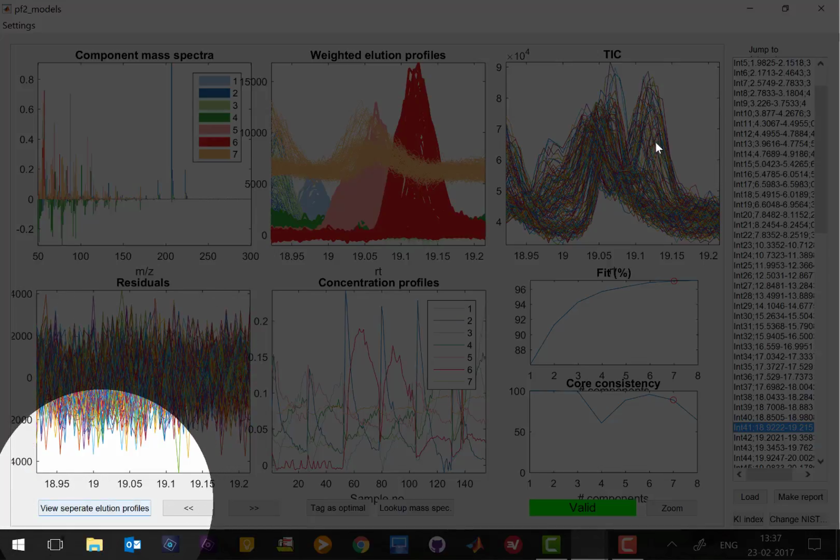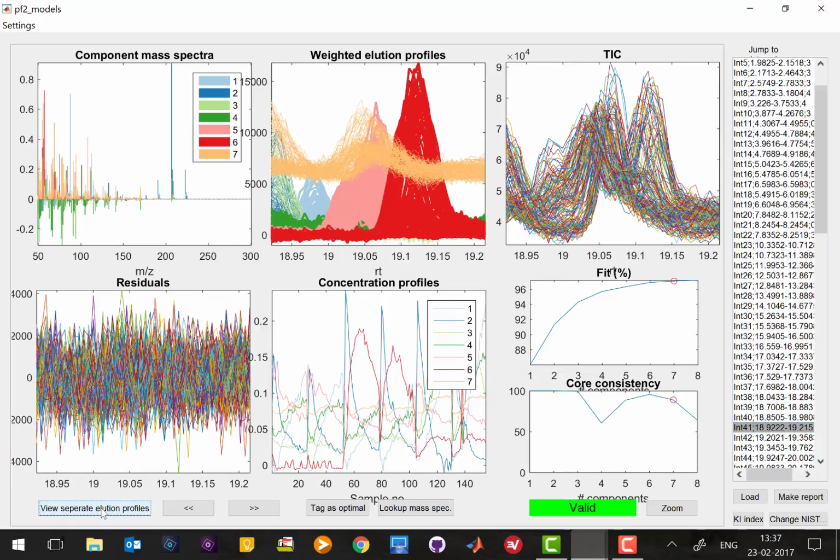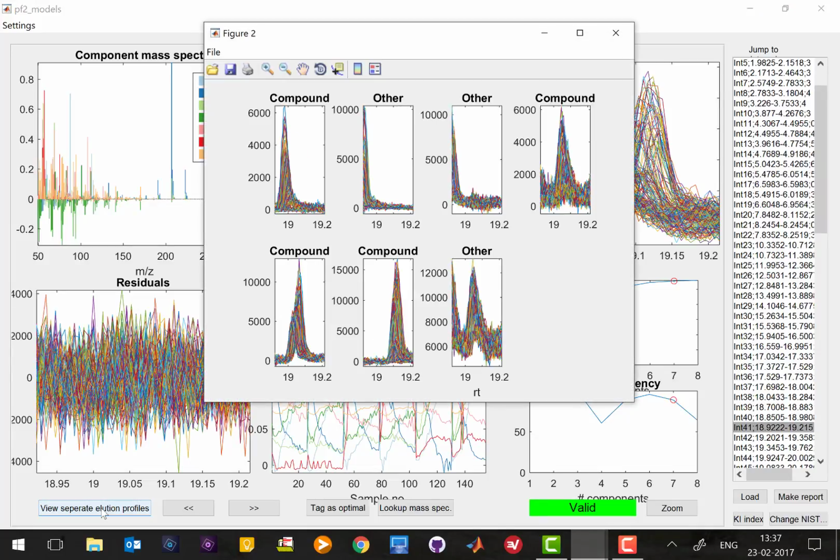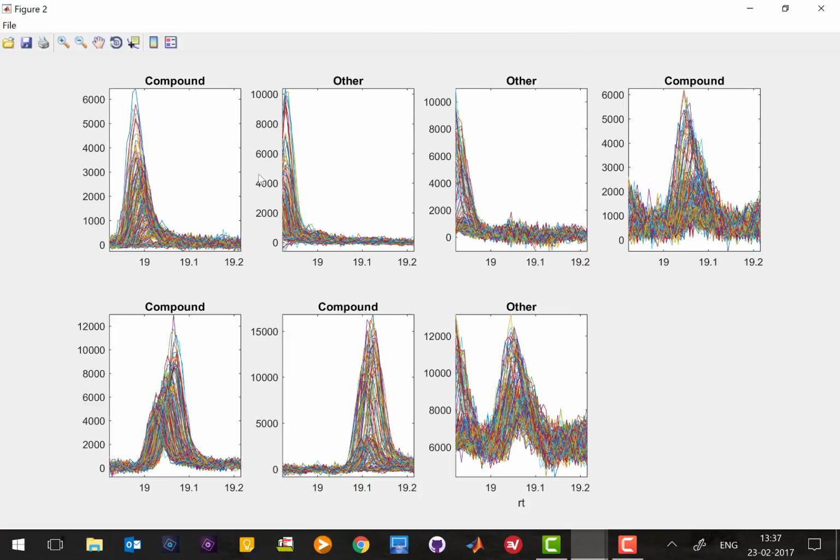So we can try and take a look at this particular one and see the individual elution profiles. Now there's a lot of stuff going on here, but it's pretty impressive that we do find, it seems, some clear components. For example, this one, number 1. Number 2 we're probably not going to worry about because we don't have the whole peak covered. We just included part of a peak, so that will have to be covered in another interval, and also for this one. But then number 4, number 5, number 6,